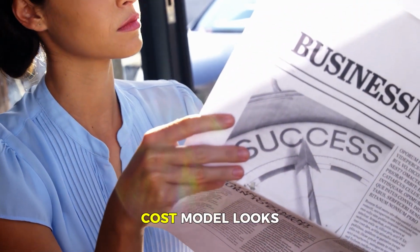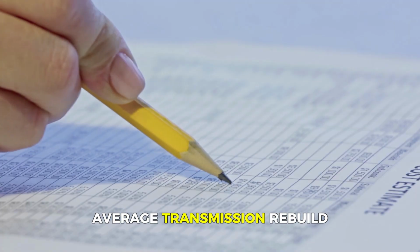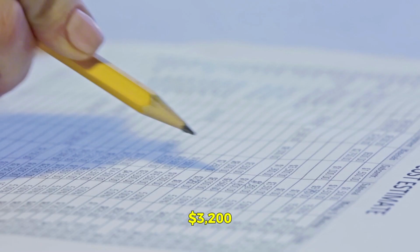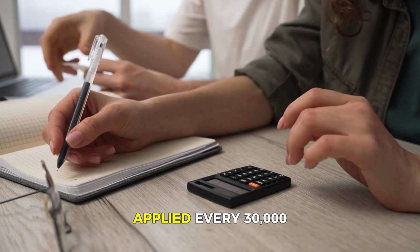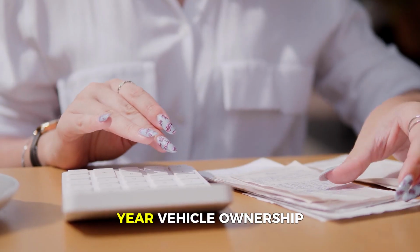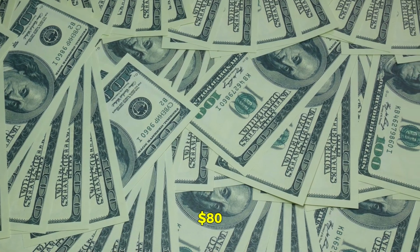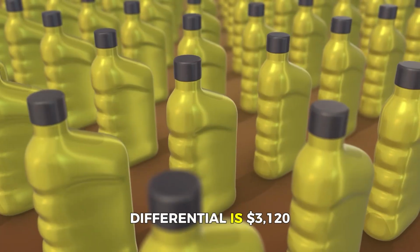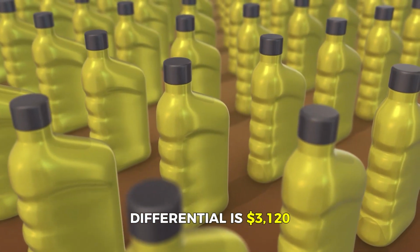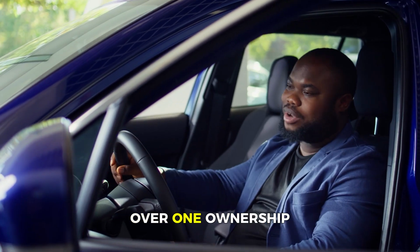Here is what the 10-year cost model looks like when you hold both numbers in the same hand. Average transmission rebuild, $3,200. Friction modifier bottle, applied every 30,000 miles, $4 to $8. Over a 10-year vehicle ownership period, the total additive cost is approximately $80. The minimum savings differential is $3,120, and that assumes only one rebuild event avoided on one vehicle over one ownership